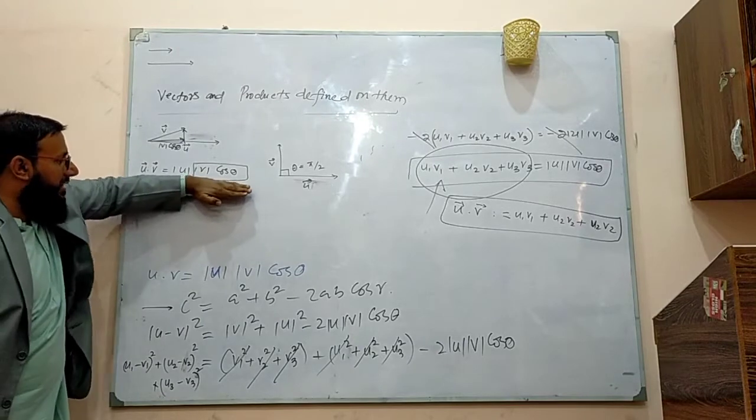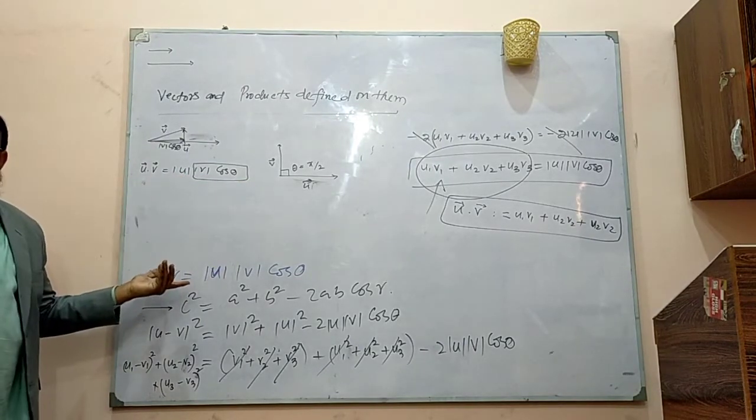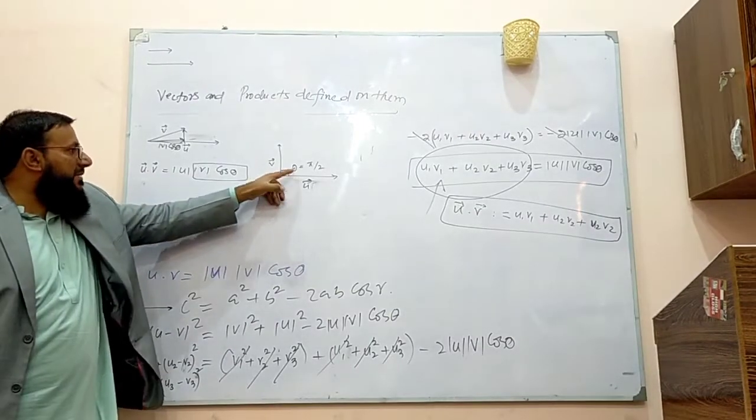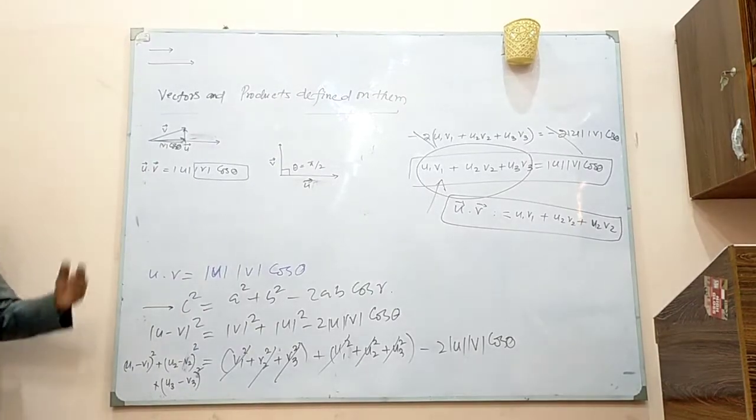And 0 multiplied by anything would be 0 so when the angle is pi by 2 this thing will be equal to 0 and we call these two